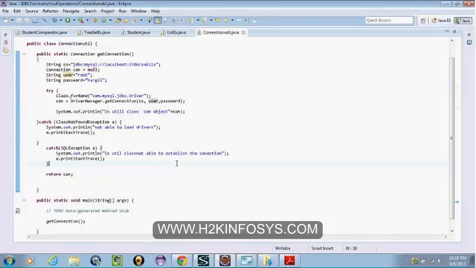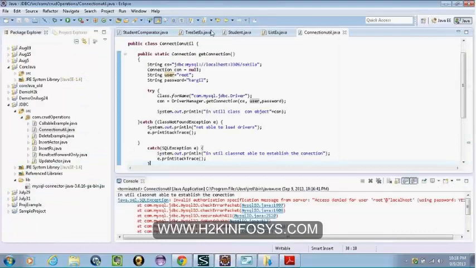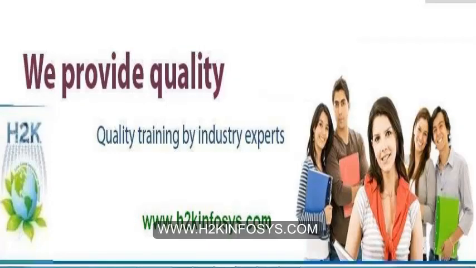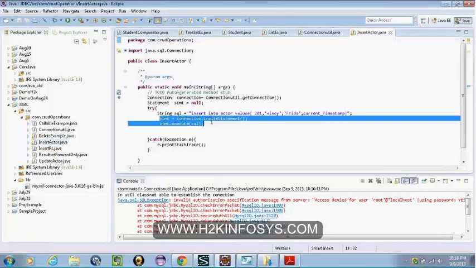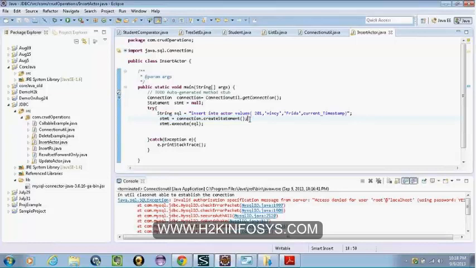So how do I get a statement object? Connection.createStatement. We have the createStatement method which returns us the statement object. And after creating the statement, you have a SQL as a string, and you can execute the SQL using the execute method. So let's say, folks, let me see if I have a row with this.